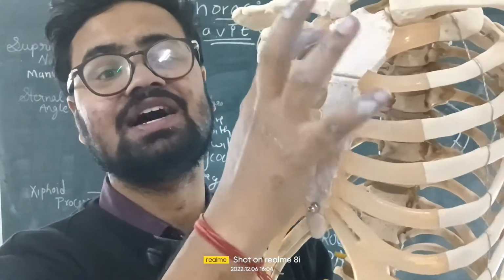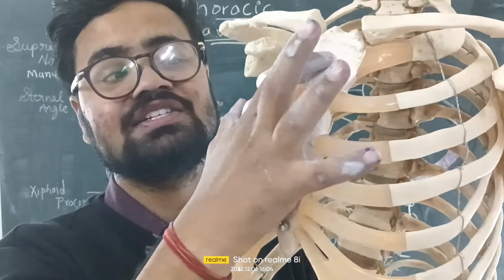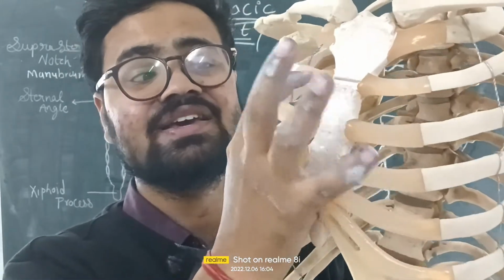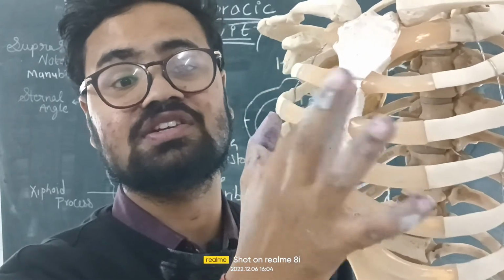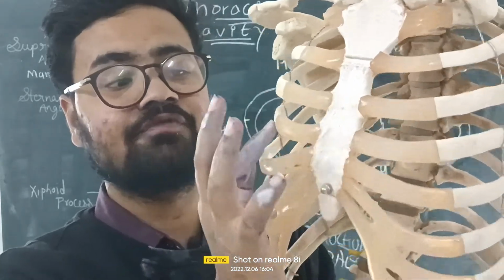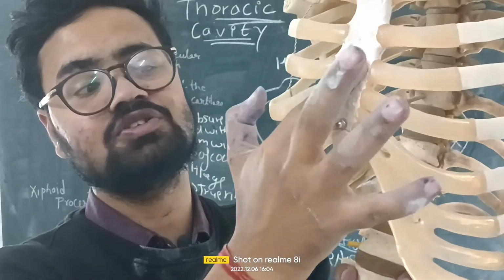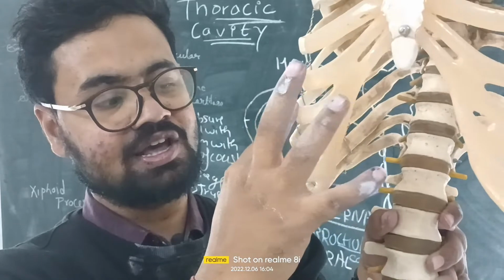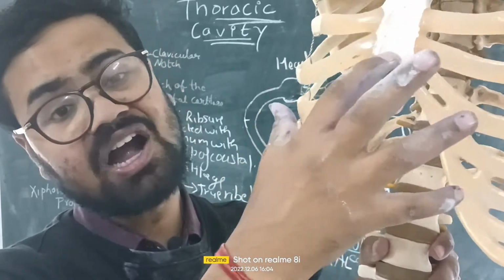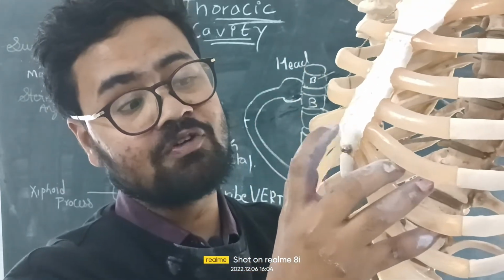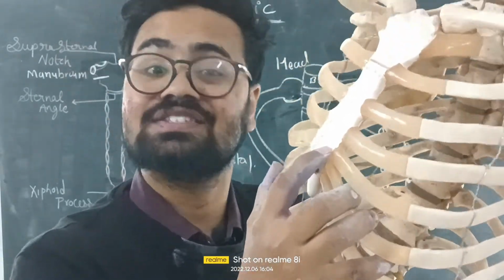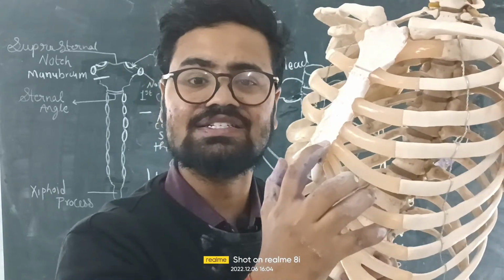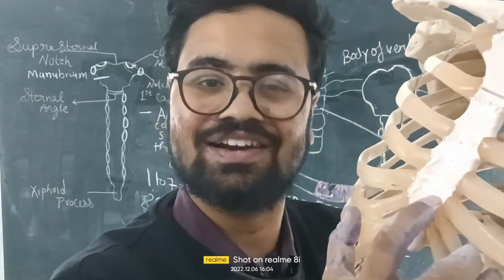So this first rib, it is attached with the help of costal cartilage directly with the sternum, and the second one is also the same. It is attached directly with the help of costal cartilage to the sternum, and the third one is also the same. The fourth one is also directly attached. The fifth one is also directly attached. The sixth one is also directly attached with the help of costal cartilage, and the seventh one is also directly articulated with the help of costal cartilage to the sternum. So these first to seventh ribs are also called true ribs, and its other name is vertebrosternal ribs.